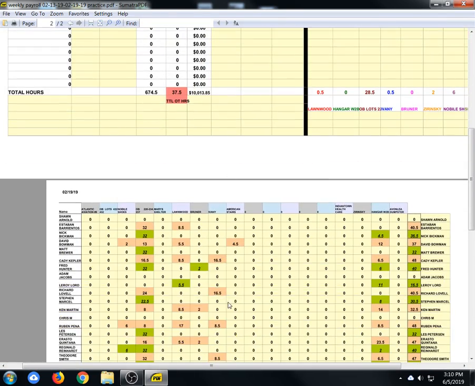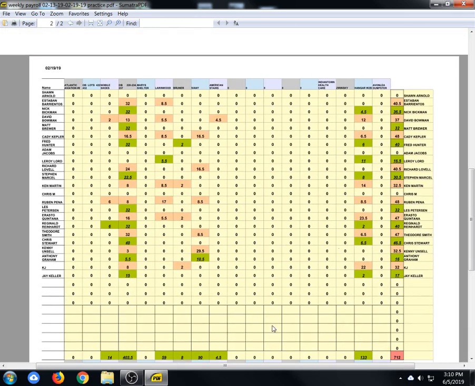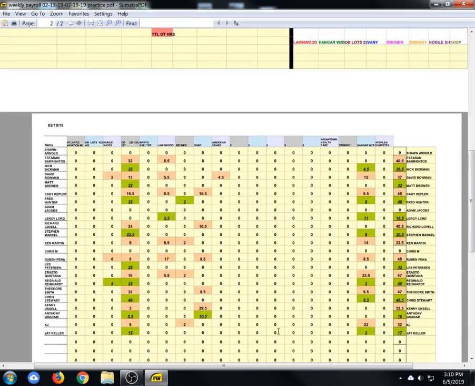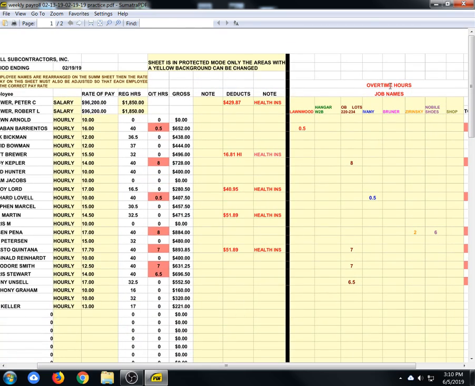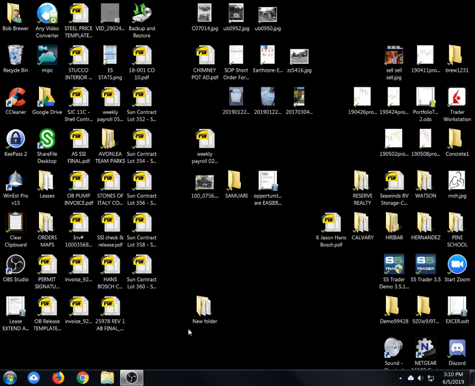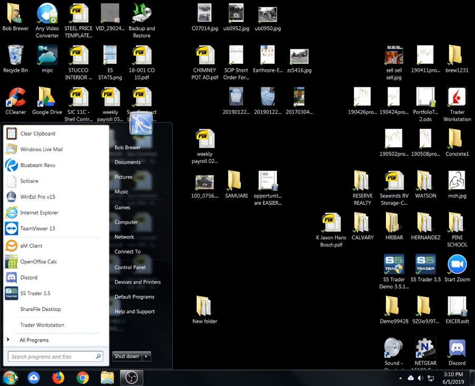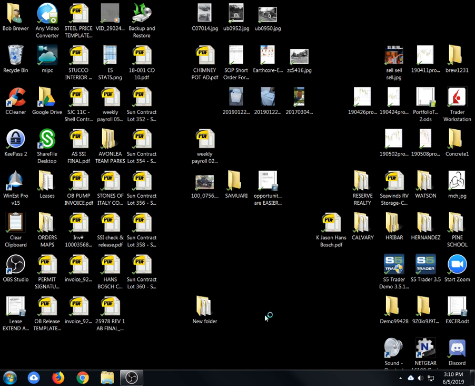Like I said, there's really nothing to do to this sheet. You don't have to really even worry about it. It's automatically done. So everything looks good. Then we would go over to the email, which is not open, and we would email it to the accountant,